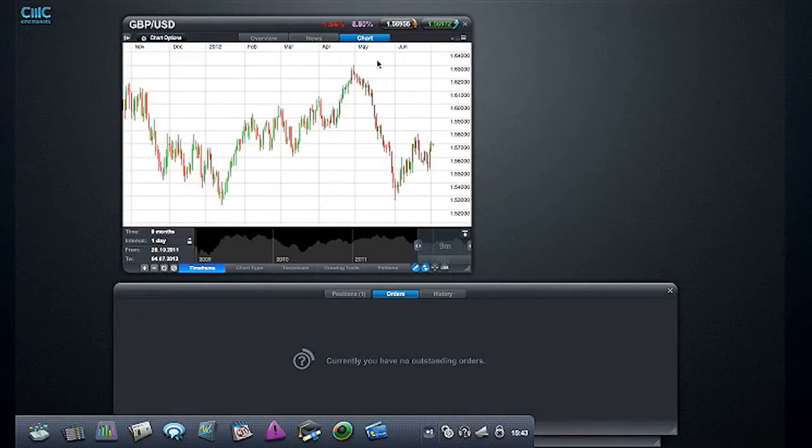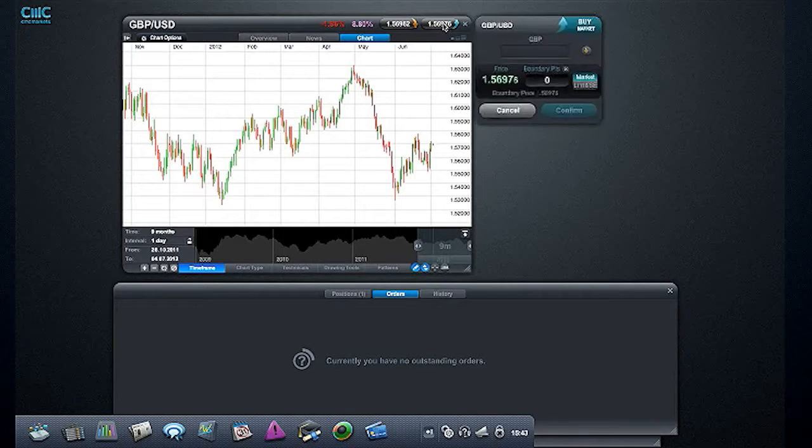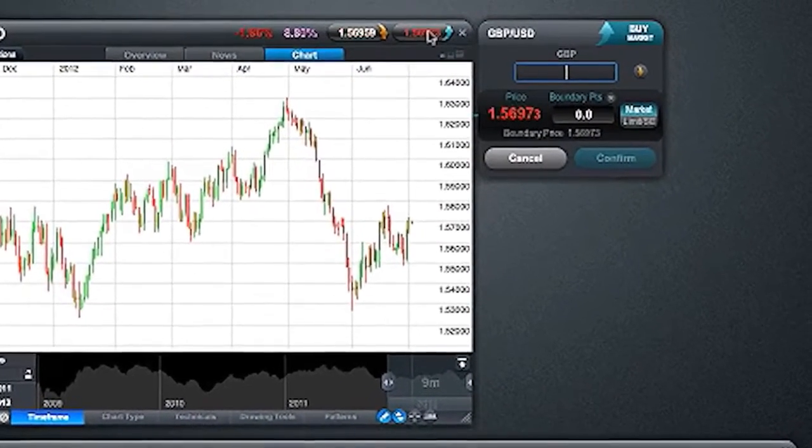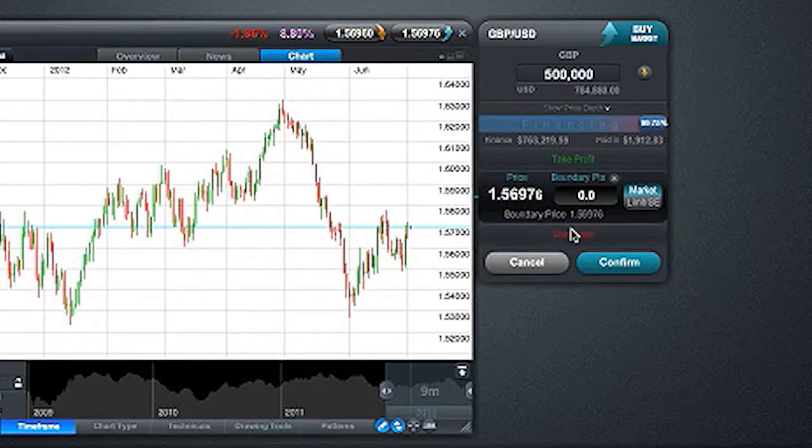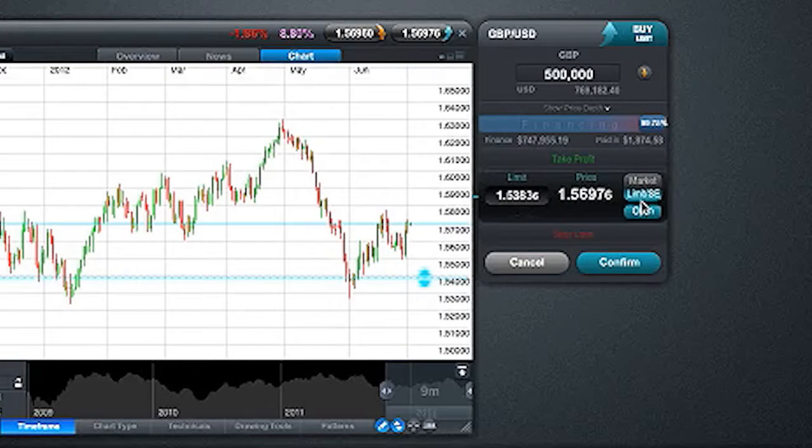Here's our chart of sterling versus the US dollar. And we start to enter our orders in the way we'd enter any order. We'll start by entering a buy order above market. We click on the buy button, which brings up the ticket. When we put in an amount and hit enter, you'll see the price window open. Now, we change the button here from market to limit. Remembering this is our buy above market order, we're going to put an entry to buy at 157.20, about 23 pips above the current market.